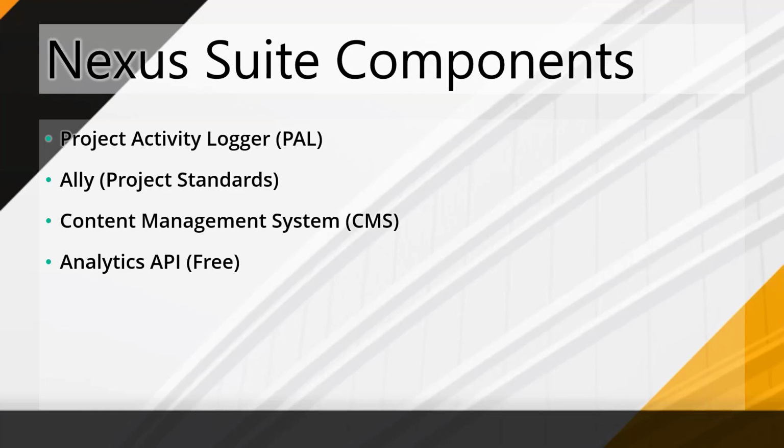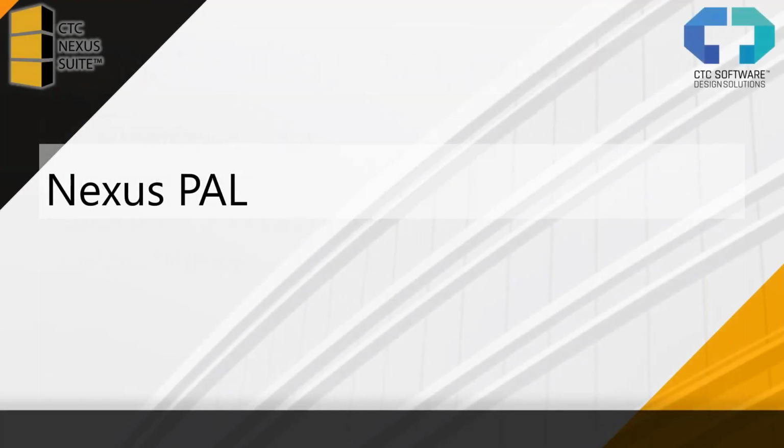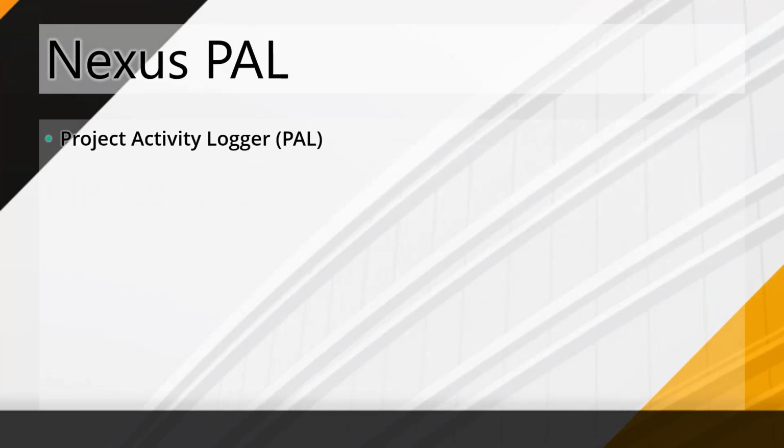Now, first, I want to jump into and talk about Nexus PAL, the project activity logger portion within Nexus. I'm going to outline exactly what it can do for you. So within Nexus, the PAL module, again, this is the project activity logger. What this lets you understand is the Revit model performance. It lets you understand what add-ins are loaded on users' computers, how fast your Revit project models are opening, how fast they're saving, where within those models your users are investing most of their time, i.e., are they spending their